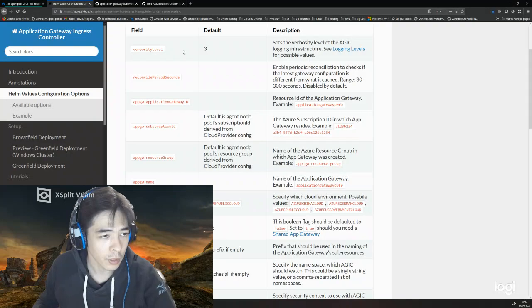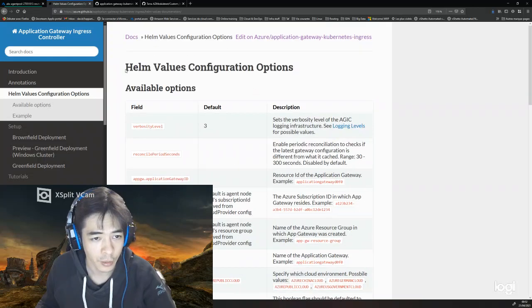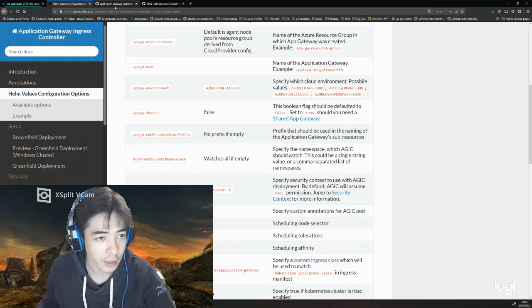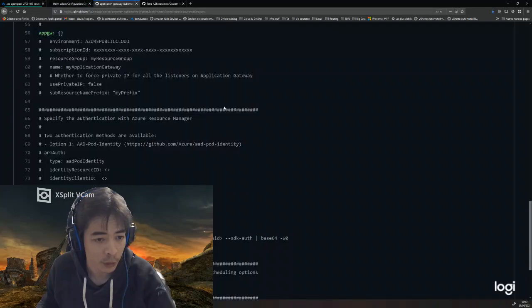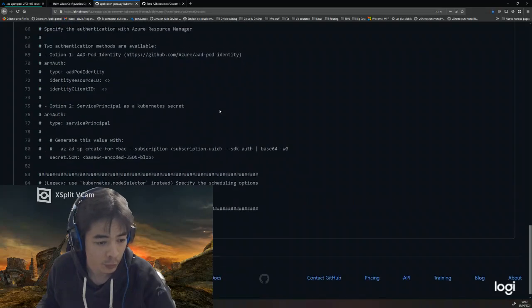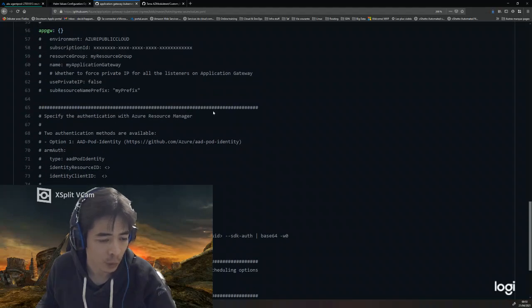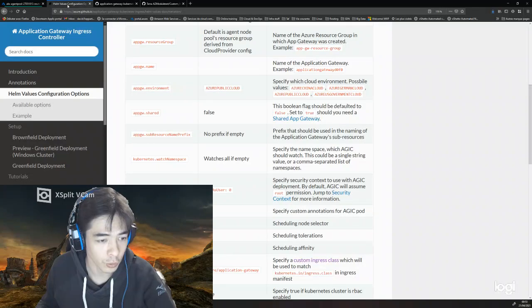As I mentioned, for application gateway ingress controller you should refer to the website documenting it, and you will get the Helm value configuration options, which are then referenced when you are using Helm in the YAML file configuration over there, that allows us to specify the reference to the Azure AD identity. So that's for the details.